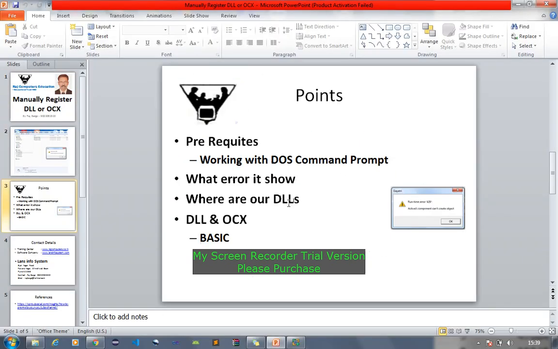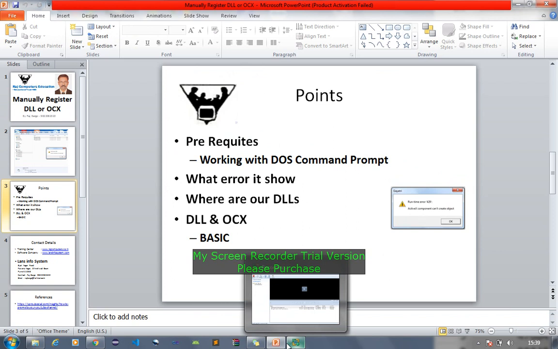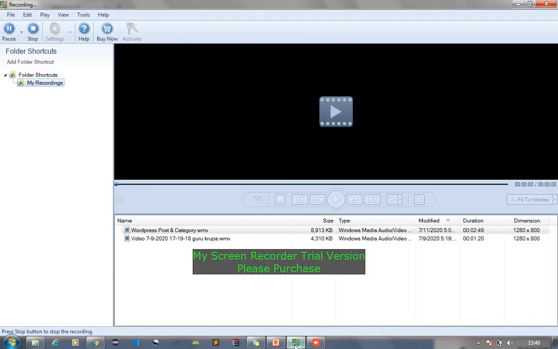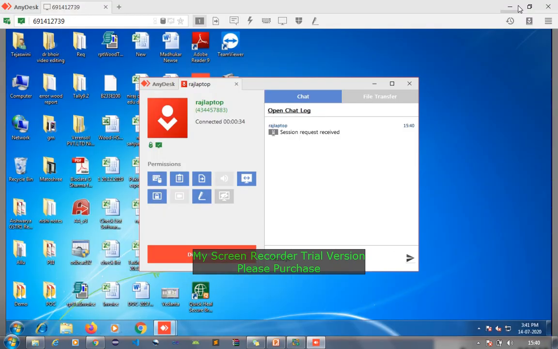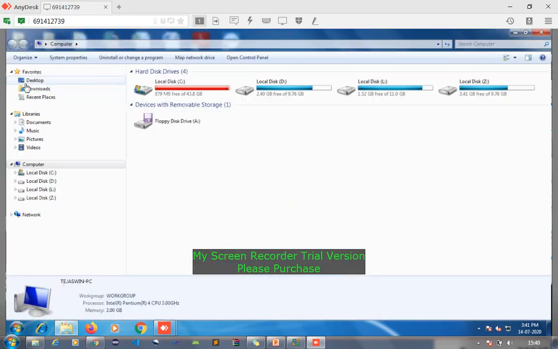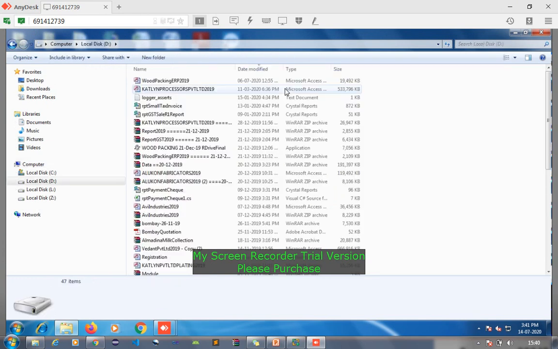Now see, I connect to my customer's computer. Right now I'm connected to my client machine using AnyDesk. I go here, double click on the operating system, then choose D drive because my software is installed in D drive.